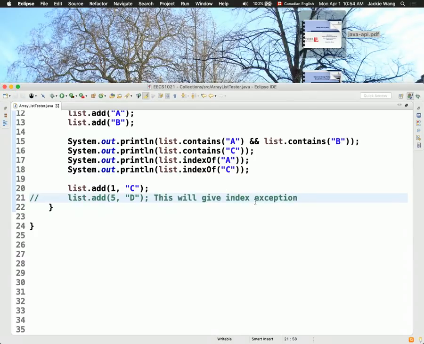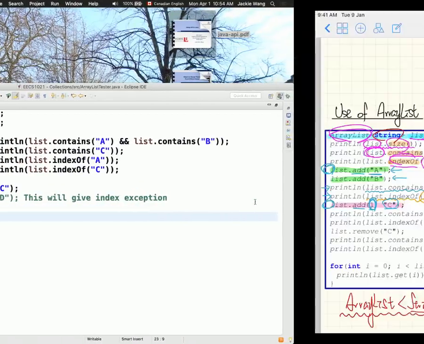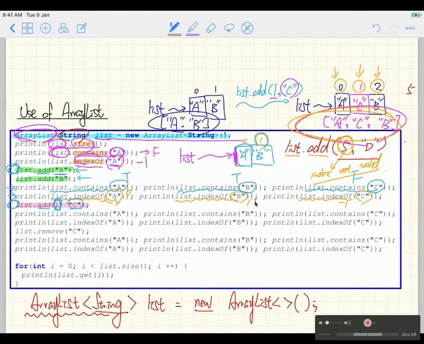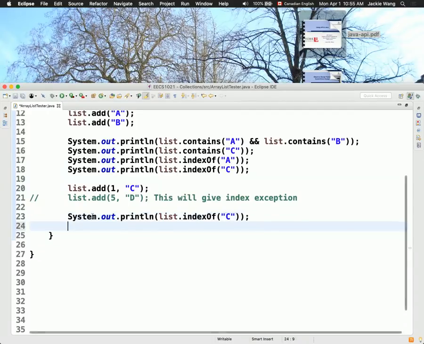Okay, so this is after we have done inserting C. So now let's say we keep that version there. If we got that version over there, that means we got A, we got C, we got B. Let's do a very quick check, okay? Let me just do one of them to show you. I just want to see what should be the index of C after this, and also what should be the index of B